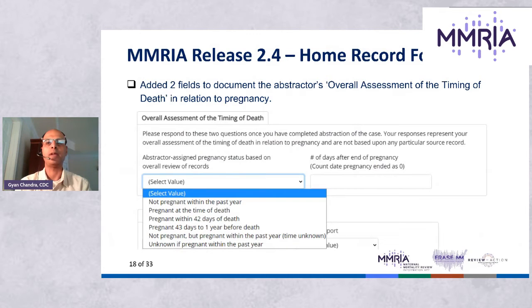On the home record form, we have also added two new fields to document the abstractor's overall assessment of timing of death in relation to pregnancy. The first question allows the abstractor to assign a category for timing of death that aligns with the death certificate pregnancy checkbox. The second field lets the abstractor enter the number of days between the end of pregnancy and death if it is known. Thank you to everyone who provided feedback about how timing of death is captured in MMRIA,